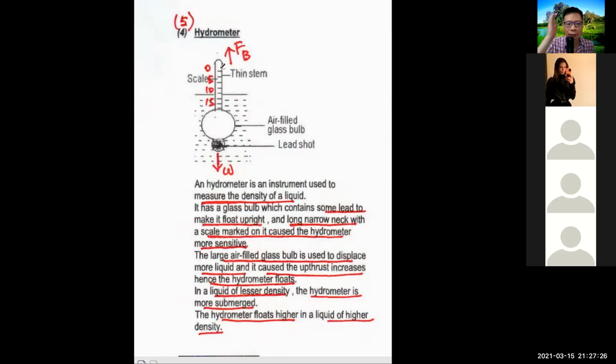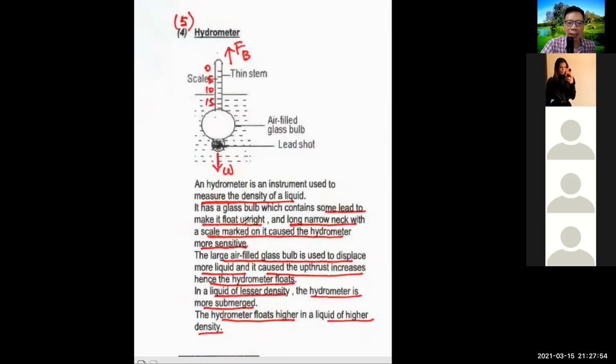Okay, so how does this thing work? Let's go through one by one. Highlight: a hydrometer is an instrument used to measure the density of liquid. It has a glass bulb, which contains some lead shot. The lead shot makes it heavy,